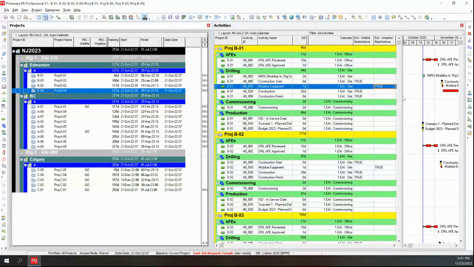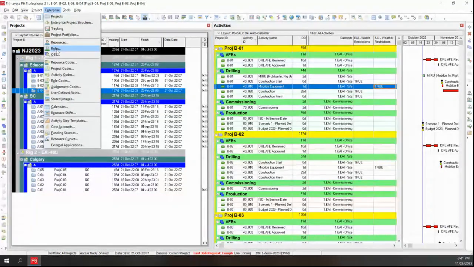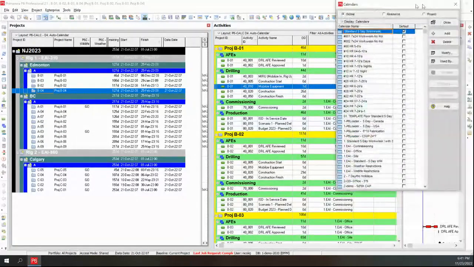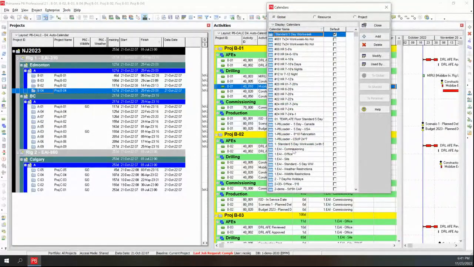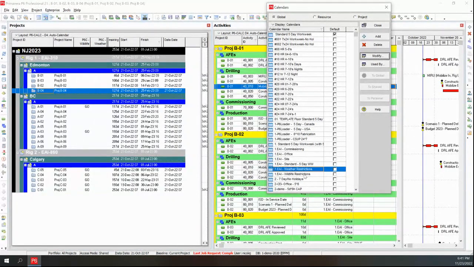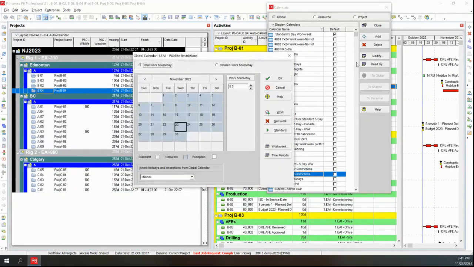So where we live, because it gets cold at certain times of year, and we have concerns about heavy equipment on the road, we get road bans. So we have times where we are not allowed to do certain things, including transporting heavy equipment. So you might have a calendar that you want to build to show those sorts of restrictions. So for example, if I open this one up,